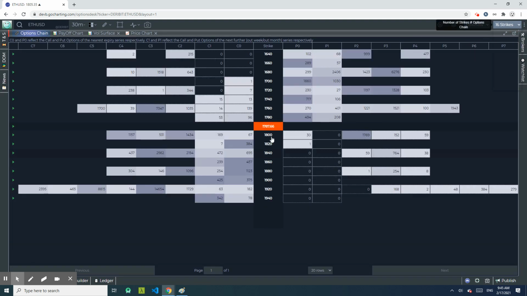So for example, here I have the strike price in the middle, and C0 is basically the call of the nearest expiring series, which is in 0 days, right? And P0 are all the puts associated with the nearest expiring series, which is again in 0 days. So this is basically the weeklies that you see. C1 will also probably be the weekly for the next out week series, and then the monthly start in C2, C3, C4. So you get to see all the series in one 2 by 2 grid, and the numbers that you see here